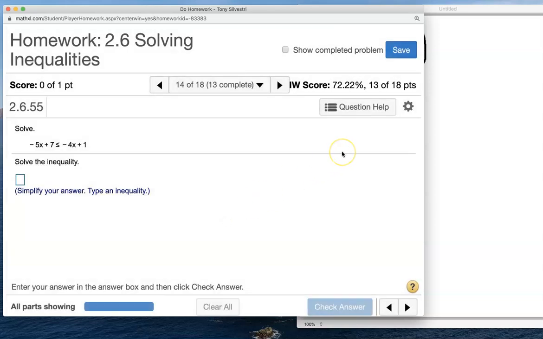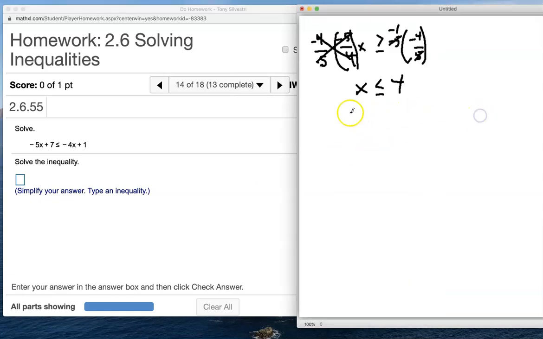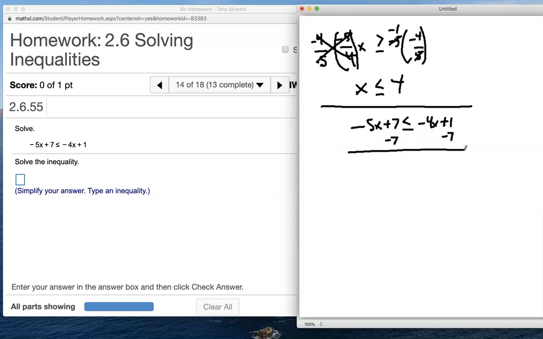Okay. Now we're going to do some math, because we got x's on both sides. -5x plus 7 is less than or equal to -4x plus 1. All right. What would you do if there was equals? I would set that. You want the numbers to be on one side, so I'm going to do the opposite. Minus 7, minus 7. Now notice that when you do inequalities, we don't really care at all about adding or